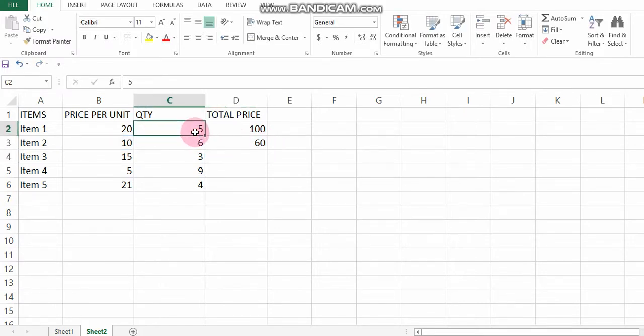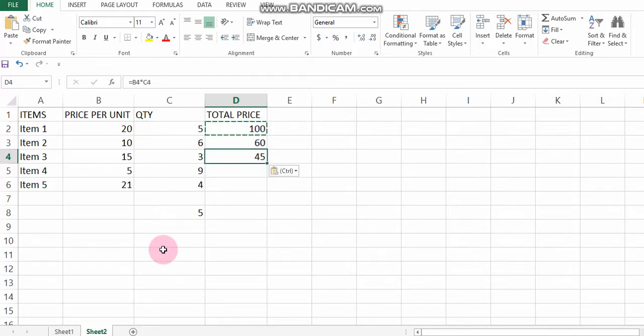But if I copy the content here, because I have not applied any formula in the cell, and I paste somewhere else, it will paste the content only, as you see. But if I have placed a formula in this cell, when I copy it and paste it somewhere, it will change the cell address as we are using relative reference, and then it will show you the result accordingly. So this was the second method.